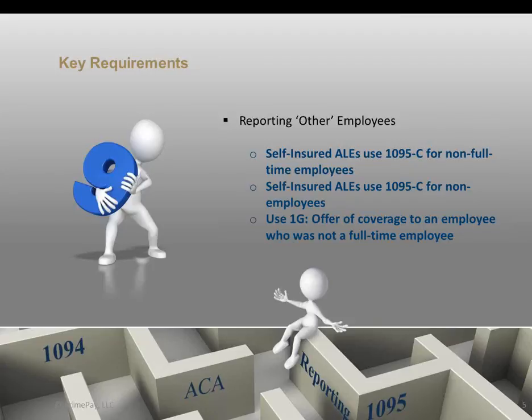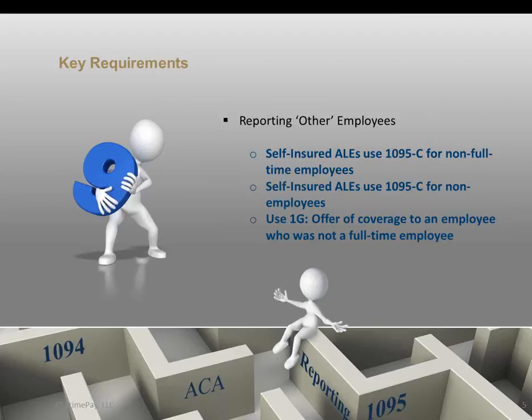Secondly, second bullet point, what about non-employees? Non-employees would be those that would be considered like maybe a non-employee director, okay, a director of the company. Maybe it's a retired employee who clearly would have been retired in the previous year from that employer. Maybe it is a terminated employee who's now receiving COBRA coverage. So they terminated employment in the previous year, but they're now a non-employee. So the employer would still be required to utilize 1095-C and provide statements to those individuals,